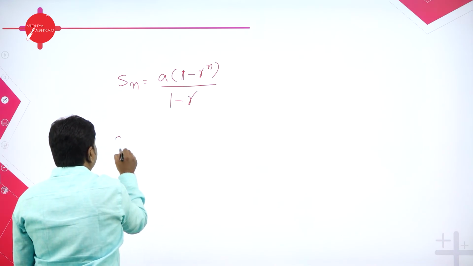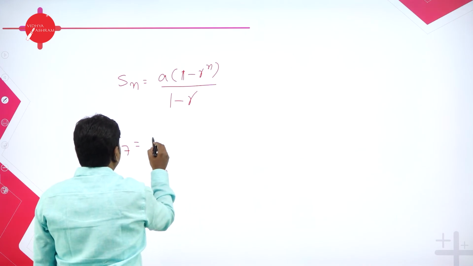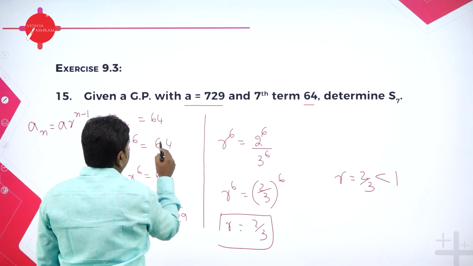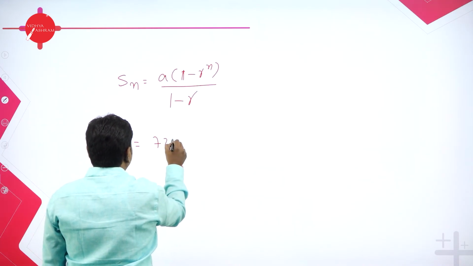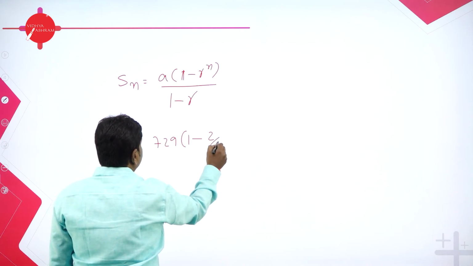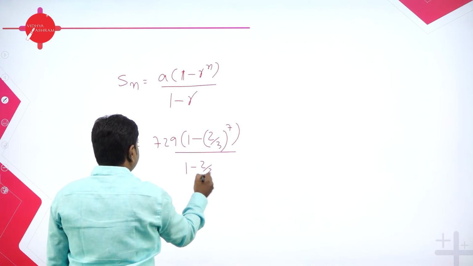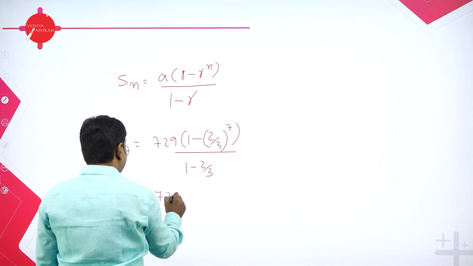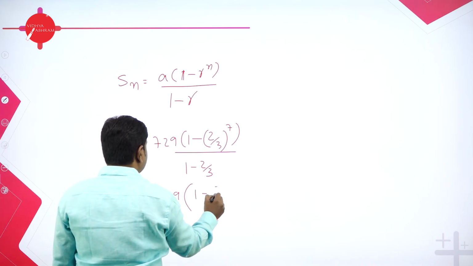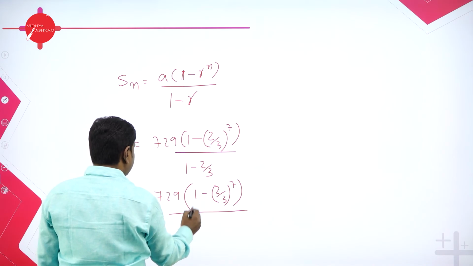And they want the sum of 7 terms, S7. That's what they have asked. S7 is equal to A. What is A? The first term. What is the first term? 729 into 1 minus R power 7 divided by 1 minus R. What is R? 2 by 3. So 729 into 1 minus (2 by 3) power 7 divided by, if you take LCM, it will become 3 minus